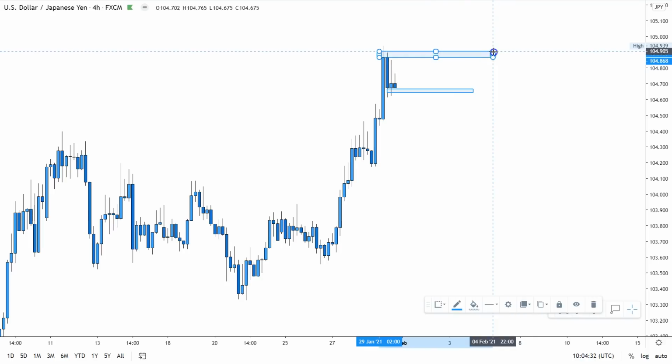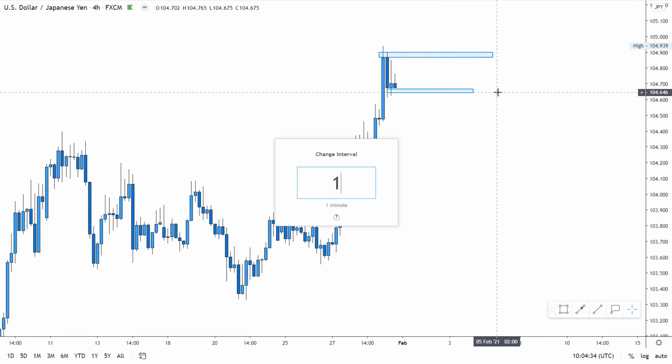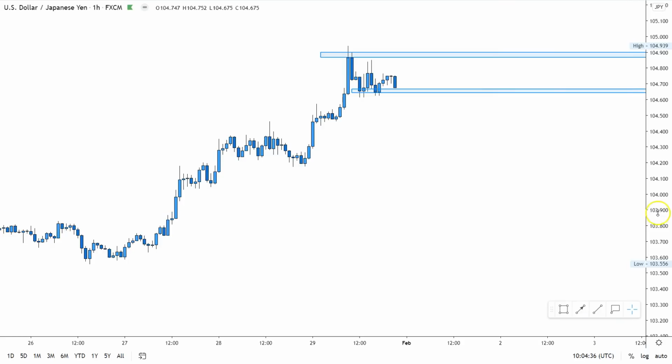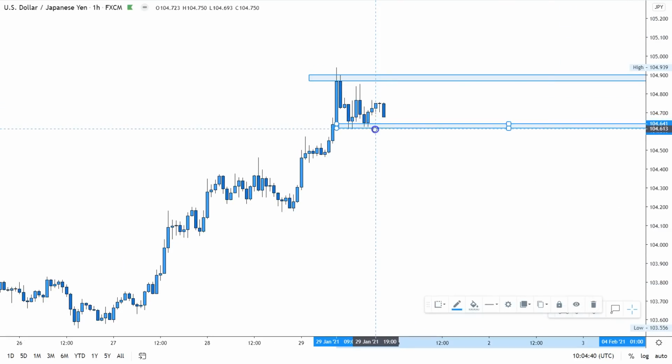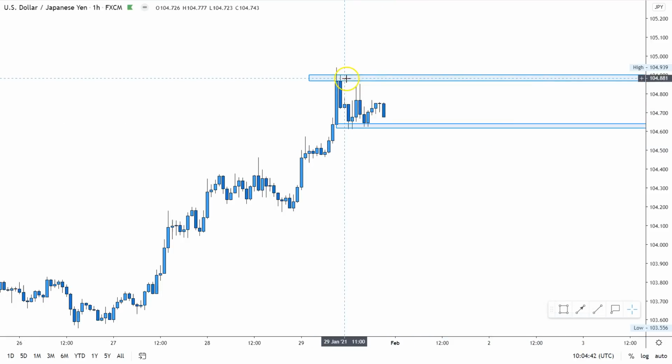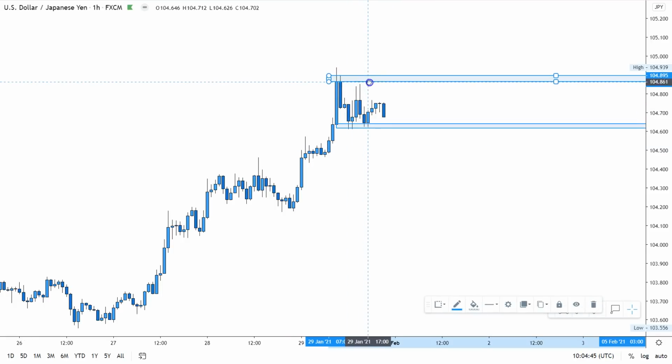By doing this, when I scale down to my lower time frames, I can then start making a plan with how I plan to trade it. And as you probably can see here, from an hourly perspective, price has started to range. This means nothing from an intraday perspective, but what this does mean for us is that we can start making